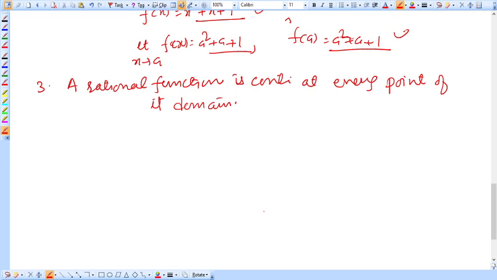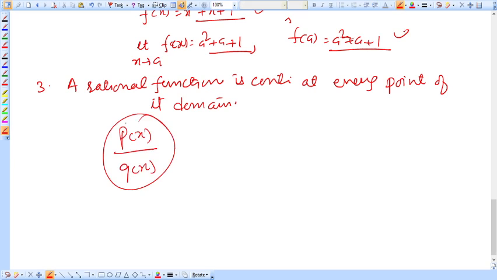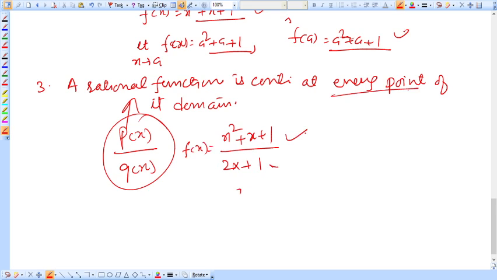Okay, rational function is polynomial over polynomial. For example, x plus 1 divided by 2x plus 1, this is a rational function, right? And it is continuous at all the points of its domain, but this function is not continuous on x